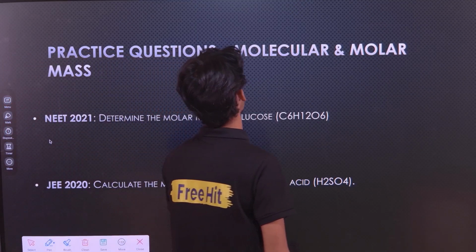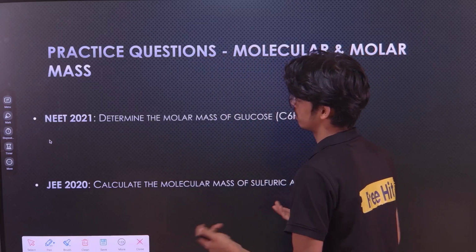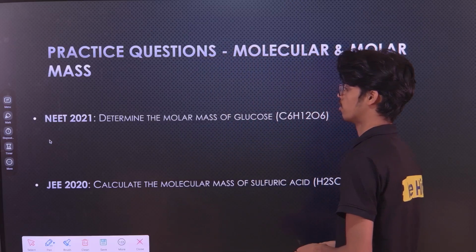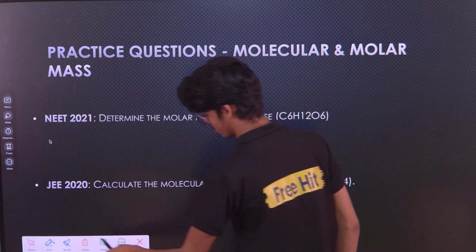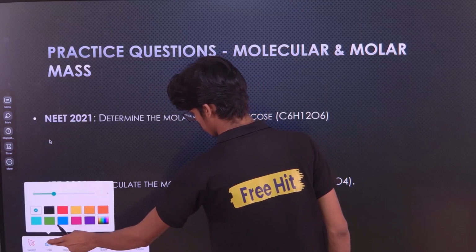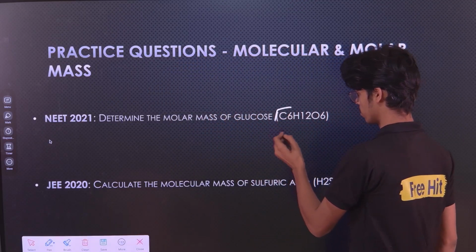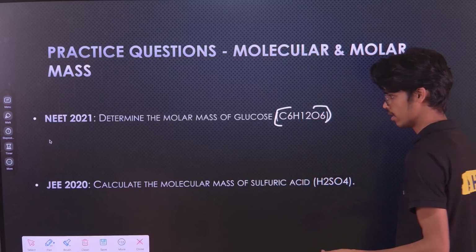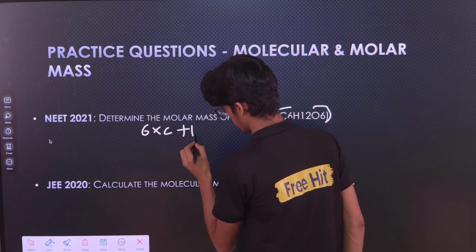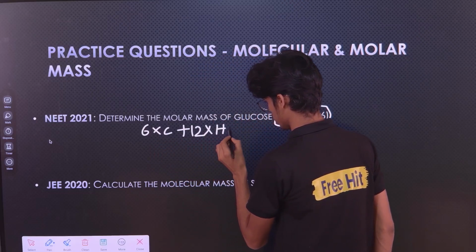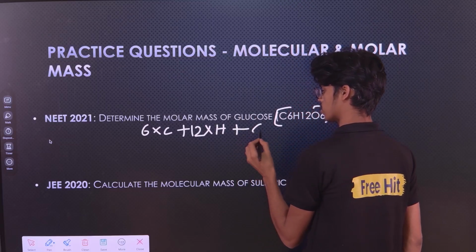Practice questions, molecular formula and molar mass. This is like molecular mass formula and molar mass questions. Determine the molar mass of glucose. Well, I gave you this question, right? You found out the mass of this? Did you find out? If you didn't, let's just do it. So 6 carbon atoms, 12 hydrogen atoms, and how much? 6 oxygen atoms,